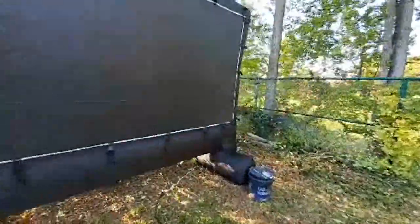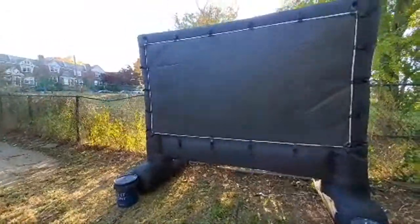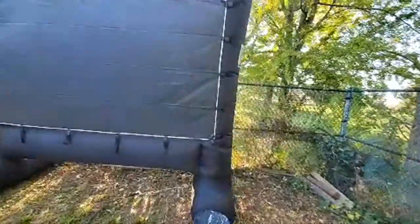So, but that's a screen. A fixed frame screen is something that you're going to have up on the wall. You're not going to be taking it down over and over and over again. That's not something you're going to do. But this right here, yeah, I can see right now, I'm going to probably have to put,